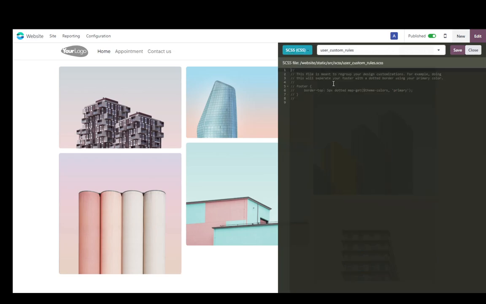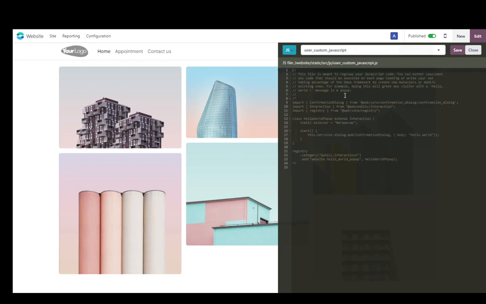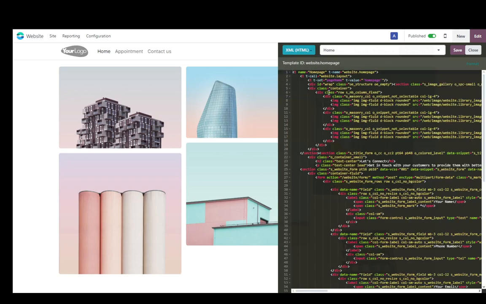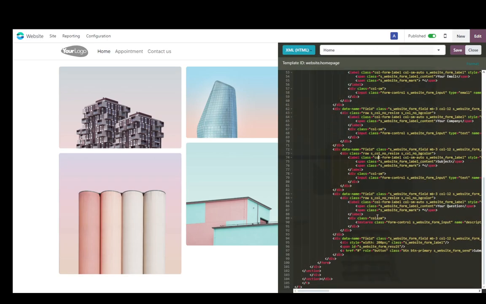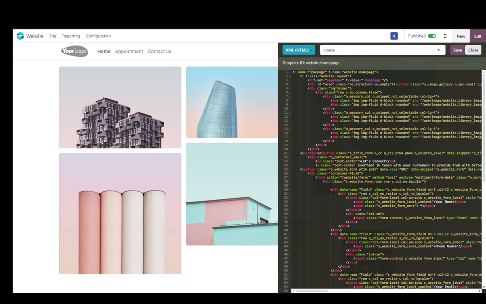But for example, as you can see, you can go to CSS. Currently it doesn't have anything, not sure why. If I go to JS, it's also empty. Everything is just grayed out and commented pretty much. And in XML, you see all of these flying colors, simply to denote where and what any element does, and you can very easily change anything you want here. Click save, and once you're done,